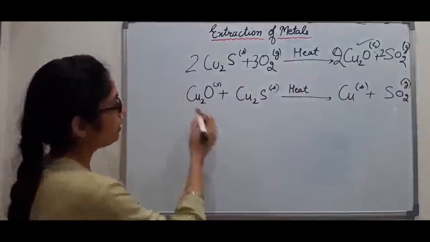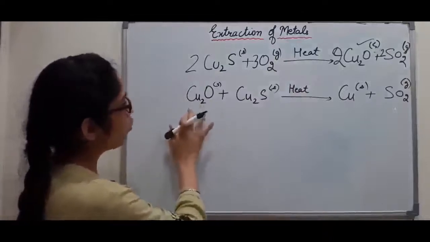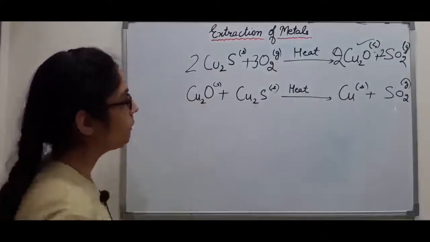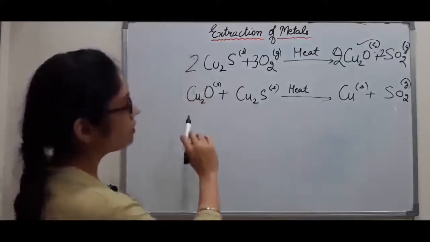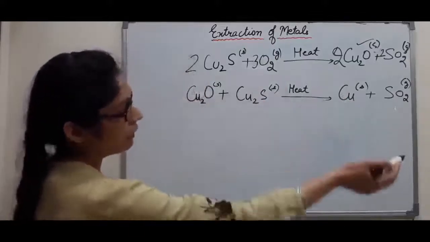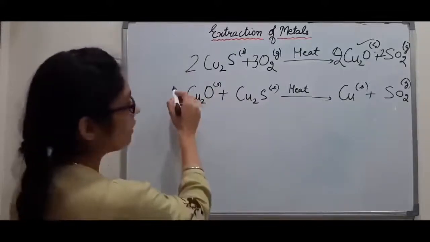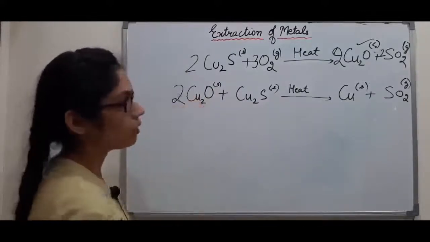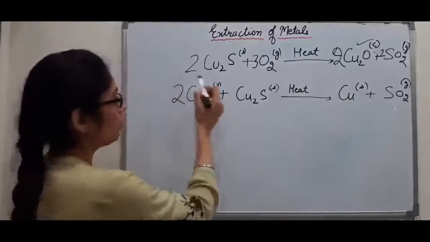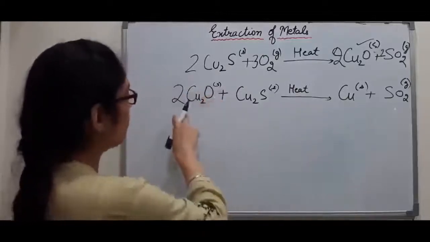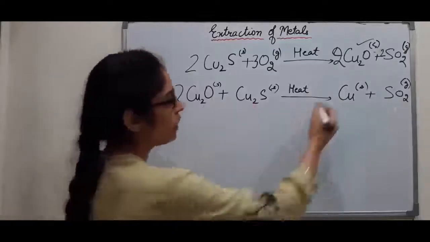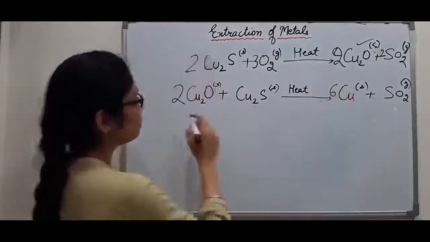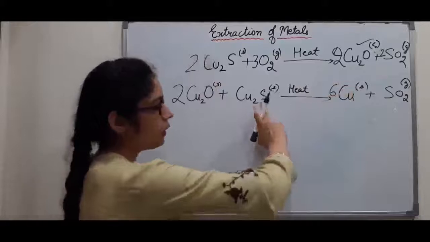Now here we can see again we have to balance it. Copper, it is 2 plus 2, 4. Here it is 1. Oxygen again 1, but on that side we have 2. So here we can write 2, because oxygen we have to balance. So now oxygen is 2 on both sides, but copper it is 1. 2 into 2 is 4. 4 plus 2, 6. So directly here we can write 6, because sulfur is already balanced, 1 over here, 1